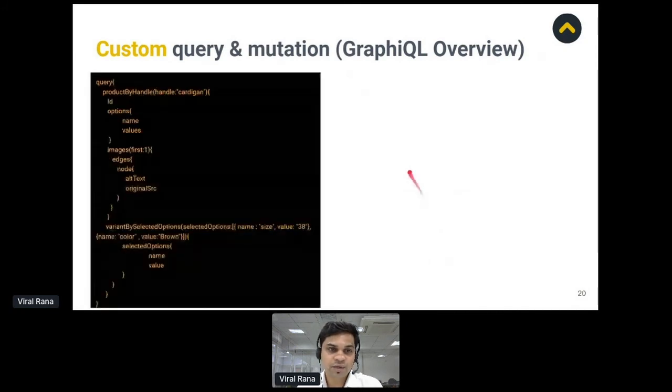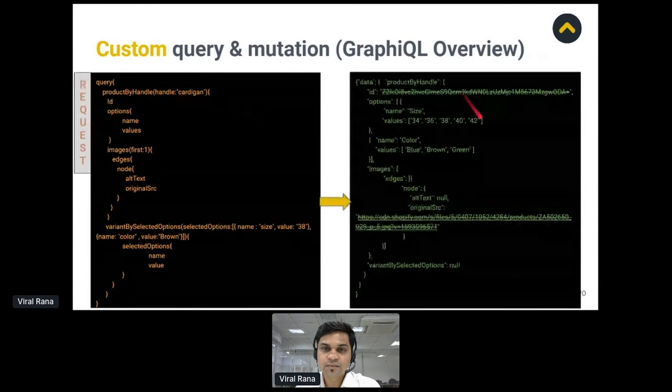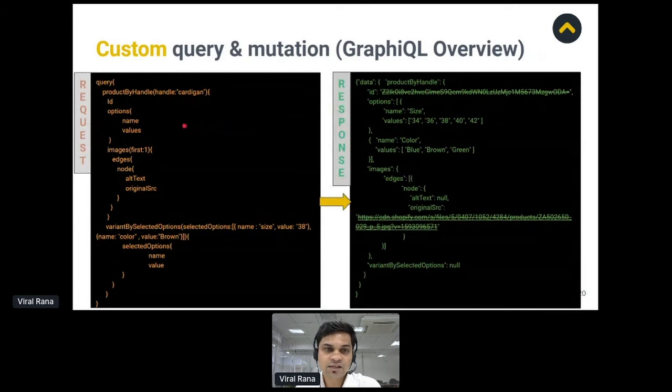So here we are preparing one request, and as a response we will get the result. Here you can see that the result pattern is exactly the same as what we requested. Yes, that is the magic of GraphQL, and it is reactive. A GraphQL query is reactive, so you can easily alternate the position, like using the id after options, or fetching the images before the id. That all will be the same.